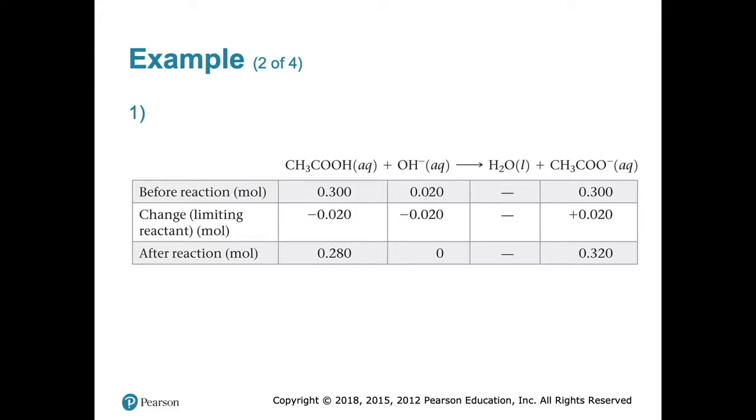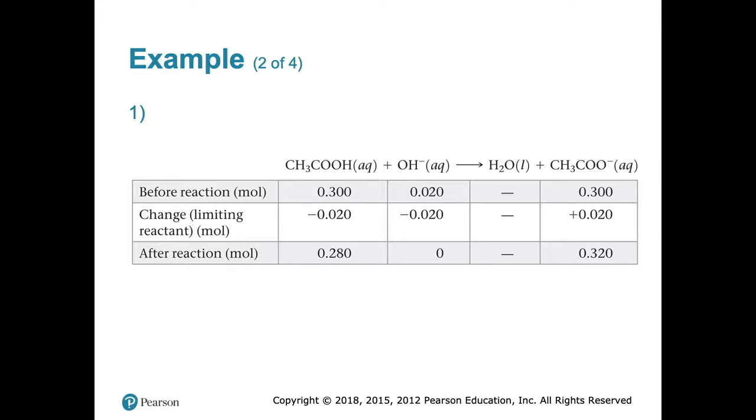The biggest change here though is that no longer do we see equilibrium, we see after the reaction. And instead of seeing initial, we see before the reaction. So before the reaction, the buffer had 0.3 of the acetic acid, 0.02 of the hydroxide, and on the other side, it had the 0.3 of the sodium acetate, which was the buffering agent, okay?